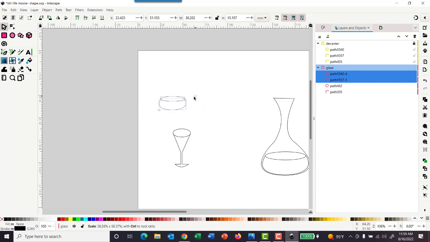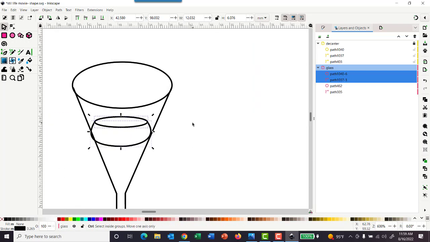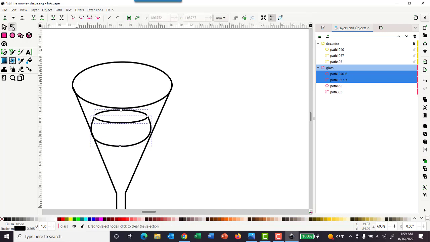Now I'm going to hold down Control as I adjust it, bring it in there. See if we can lift it up higher. And let's see if we can adjust our nodes with it. Oh, we got to go to Path, Object to Path. Very good. All right, so if we put this down,